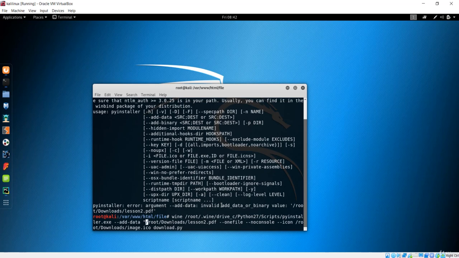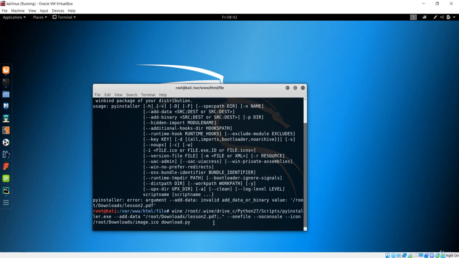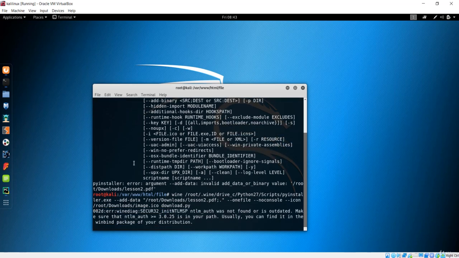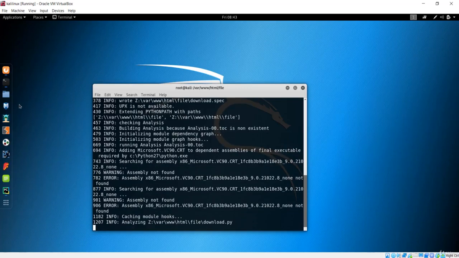I think this was the error. So let's try this once. It should have this syntax, so let's check. What we did was write it inside double quotes and close it after the PDF. Let's run it once and see if this works or not. Yes, it is working now.